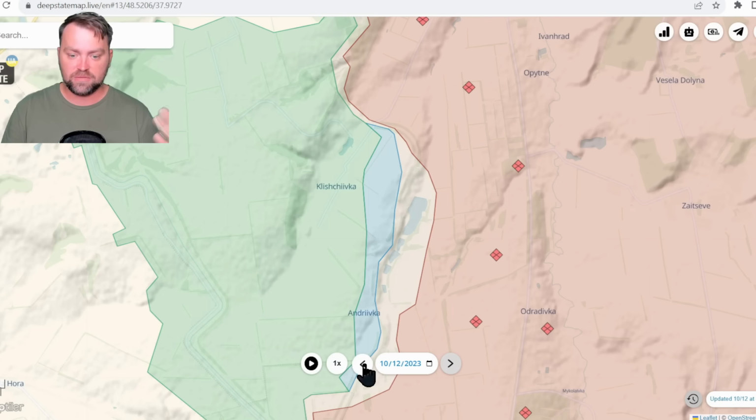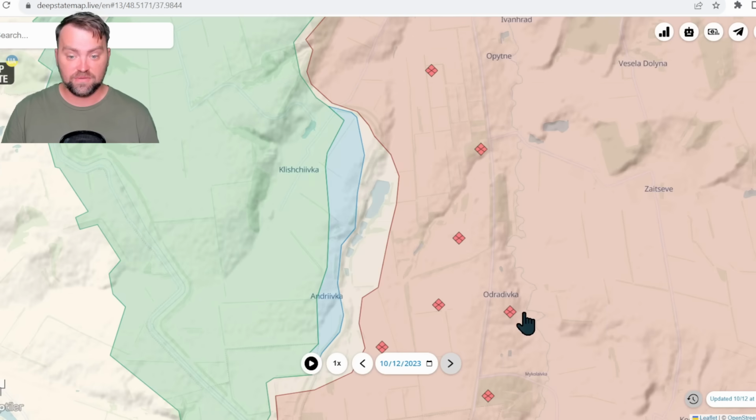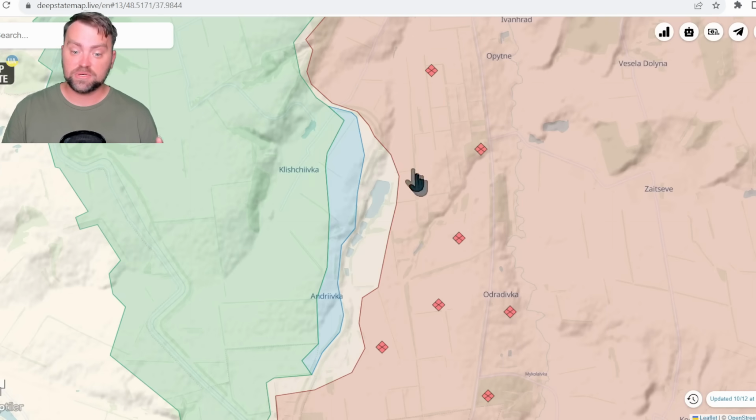Let me show you the timeline. It was yesterday and it is today. Definitely there is movement towards Avdiivka village. All of those very important lakes are now in the gray area. The fighting is ongoing for them, but I'm sure that it is just a matter of time before Ukraine will